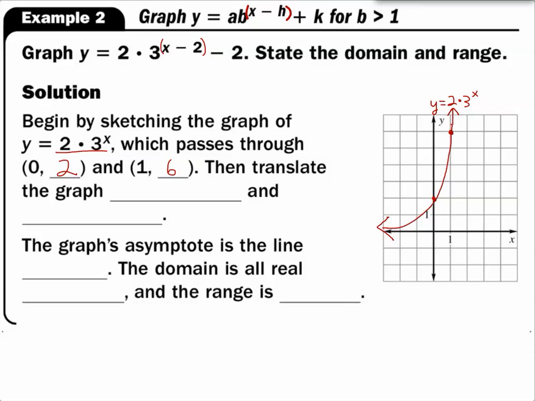But because of the x minus 2 inside the exponent, we're going to translate that graph right two units, and because of the minus 2 outside the exponent, we're going to go down 2 units. Boom. Now, go ahead and take the points that we had before and move them right 2,